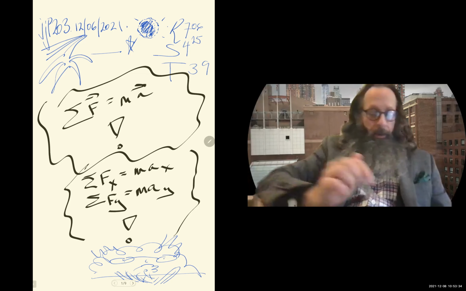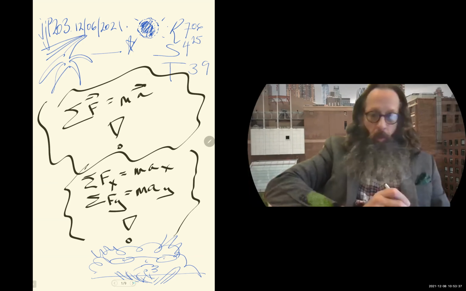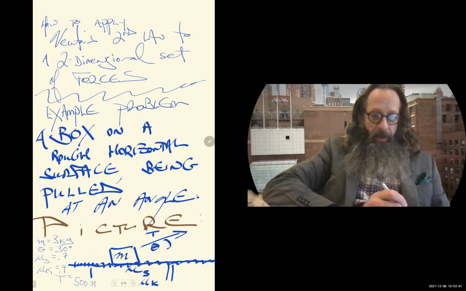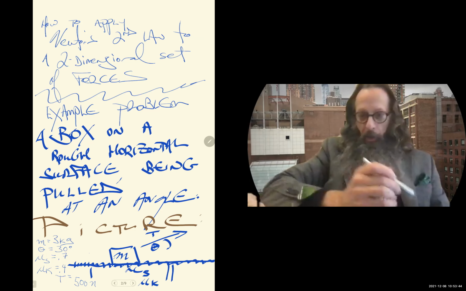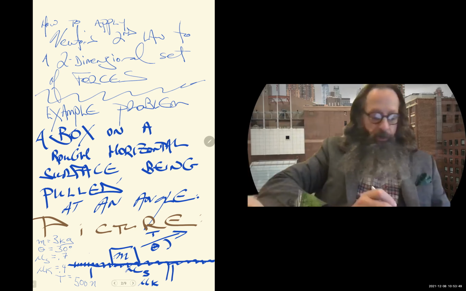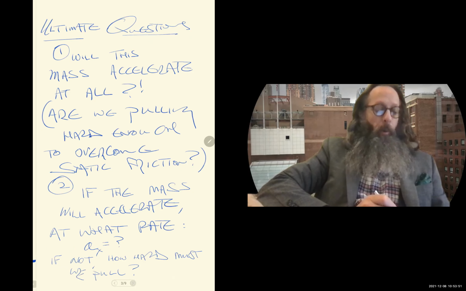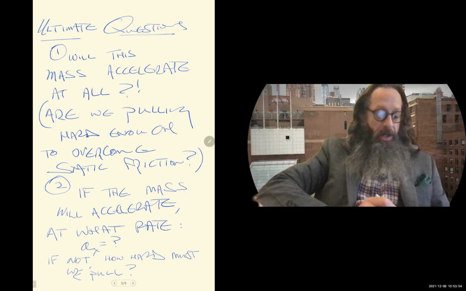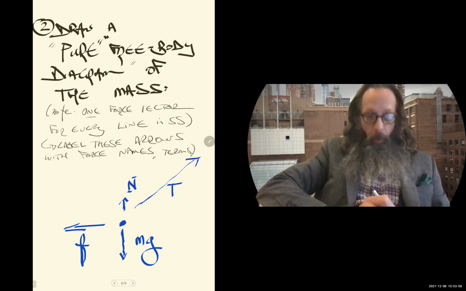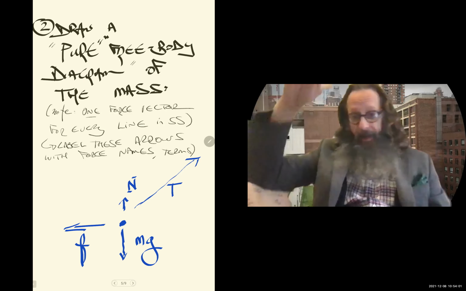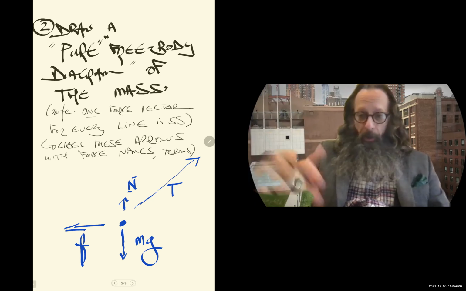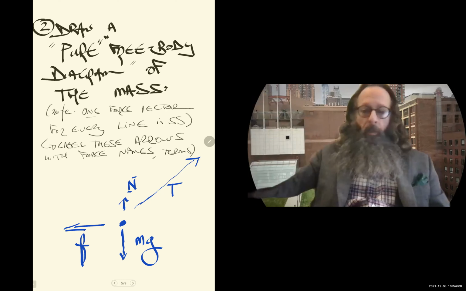But okay, so where we were. Right. This was our situation. Hopefully everybody's with me. Again, it's in the notes from Monday if you aren't with me, but the situation is the block on the table being pulled by a string that's on an angle. So we're ultimately trying to figure out the rate of acceleration of this block. We drew a system schema. We drew a pure free body diagram. And again, this is the sequence for how we solve any Newton's law problem, certainly including the ones in the final exam and the ones in lab 5.